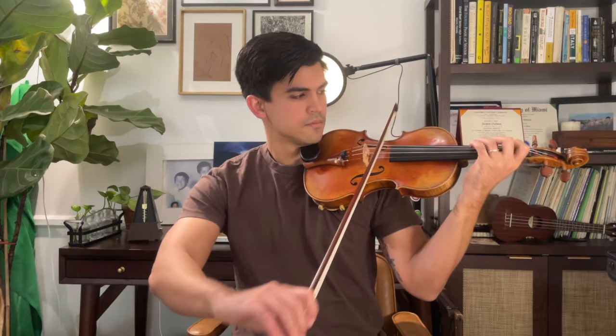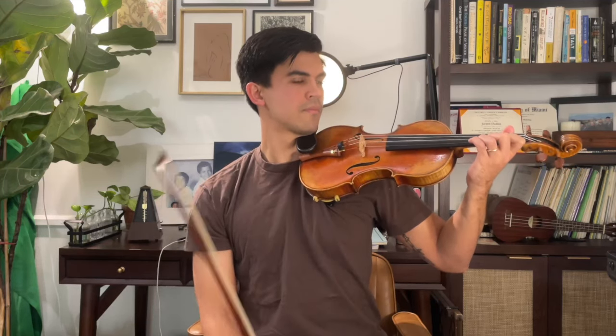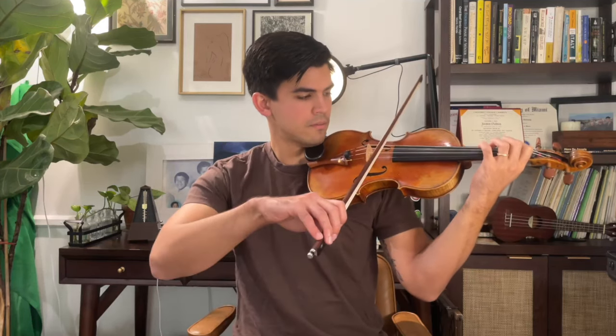So I would practice 2-octave scales of different key signatures, but always starting on the G string on a low finger, like either first finger or second finger, so that way you don't actually have to shift and you can practice going across the strings. For example, if we take the key of A, and you would go down, of course, and then if we take the key of B flat,